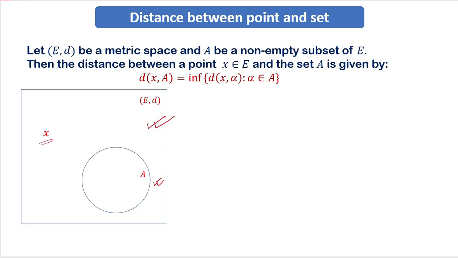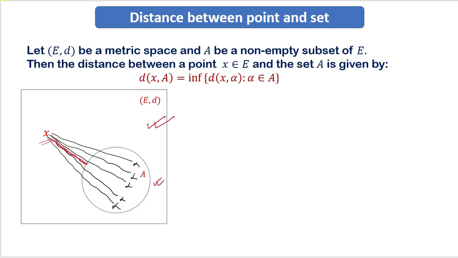But for simplicity, what we are doing here is drawing lines from X to points of the set A. So in fact, we have to find all the distances from the point X to all the points present in the set A. We may denote these points by alpha, and you can now see very easily that there could be an infinite number of such distances from the point X to the points present in the set A. But as far as the distance from X to the set A is concerned, we are going to consider the least possible distance from the point X to the set A, which I am going to show you with the